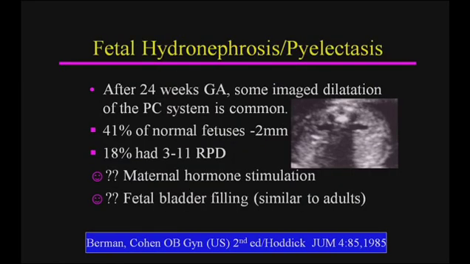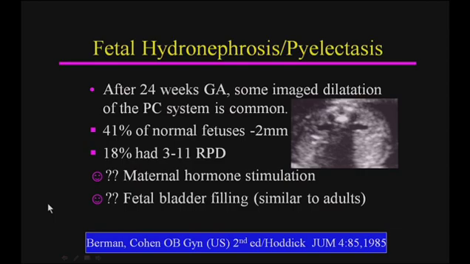So again, fetal hydronephrosis and pyelectasis, after 24 weeks gestational age, there may be some mild dilation of the pyelocalyceal system. Again, a transverse image in which the pelvis is seen as somewhat dilated on both sides, this being one kidney and this being the other kidney. In the OB-GYN text by Berman Cohen, it was noted that 41% of normal fetuses have at least 2 millimeters